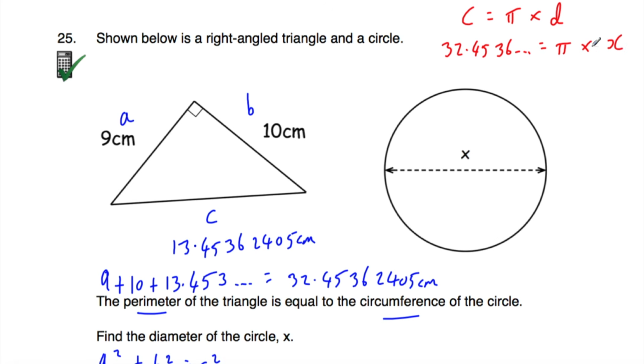Now we want to find what the diameter of the circle is, so we don't want this multiplied by pi on the right hand side of the equation. If we divide both sides of this equation by pi, we'll find the diameter of the circle. So divide by pi and divide by pi. Starting off with the right-hand side, we had pi times x. We're dividing by pi to get rid of the multiply by pi, so we'll just be left with x. On the left-hand side, we've got our 32.4536. That's already on my calculator display. So I'm going to press divide by pi, and then press equals. And that gives us